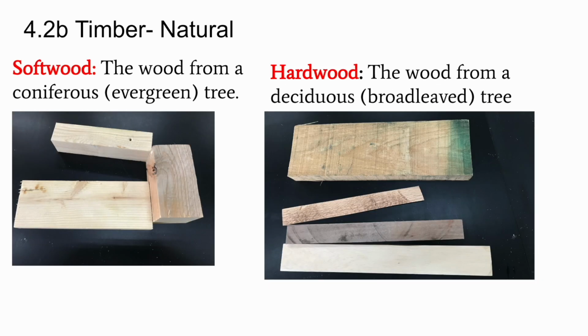Now, natural timbers have two forms. They have softwoods and hardwoods. Softwood is the wood from a coniferous or evergreen tree, and hardwood is from deciduous or broadleaf trees. And you can see some different examples right here. So these are pines and spruces, and this is oak, and this is balsa, and I've got a couple other